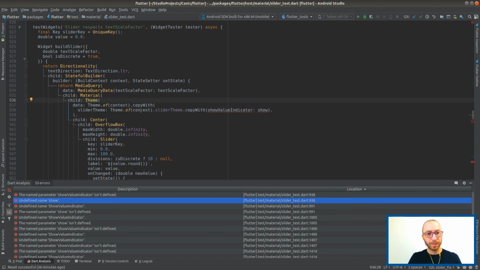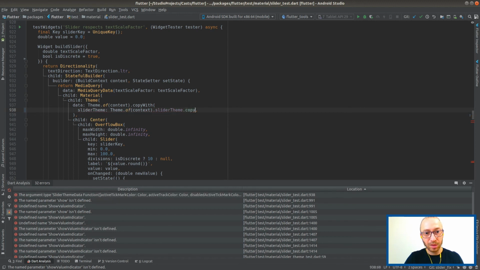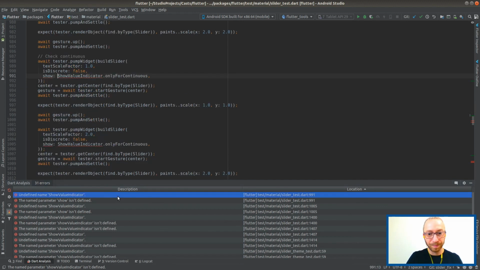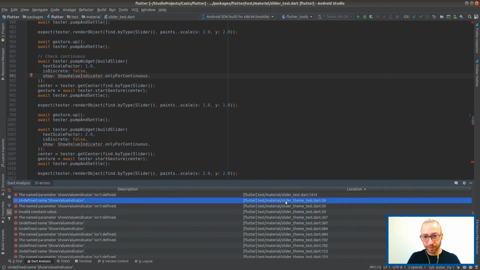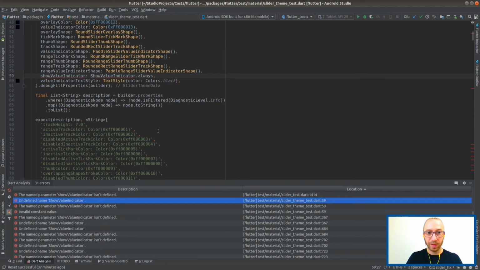I'm just gonna do the easiest fix because I don't want to think about all the repercussions. So I'm just going to remove the copy with. I mean, everything else is still the same. I actually don't want to get involved with tests right now. I'll skip those. Not as important. I mean, important, and we'll do it as well, but it's not as important.